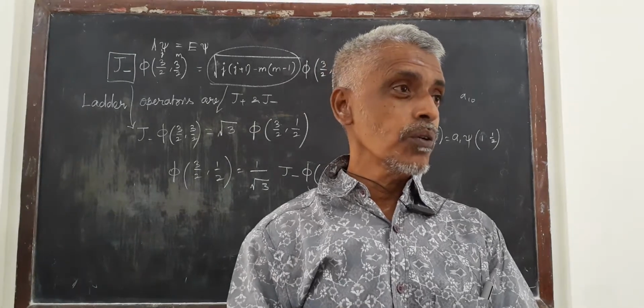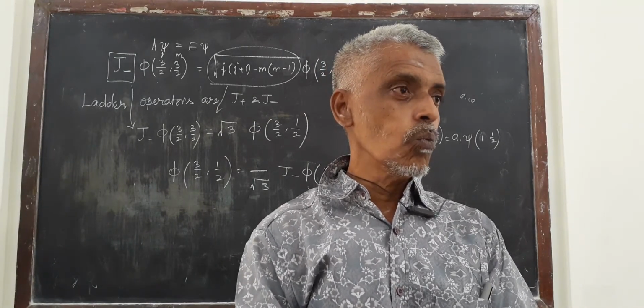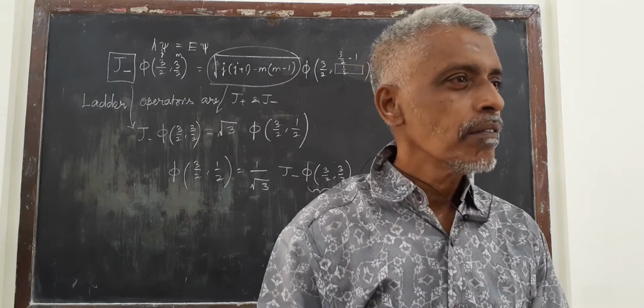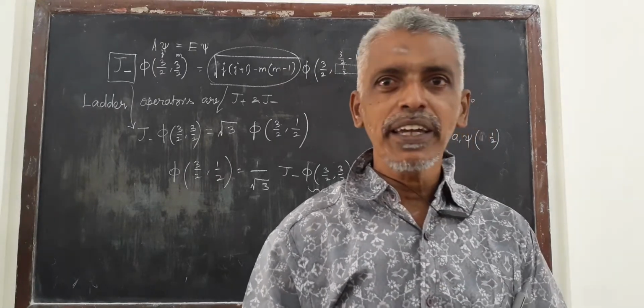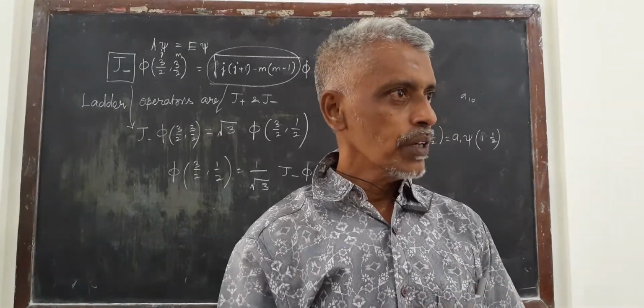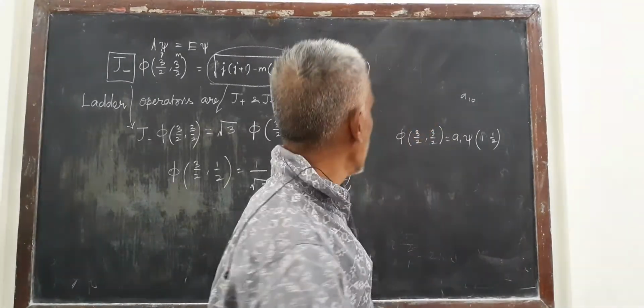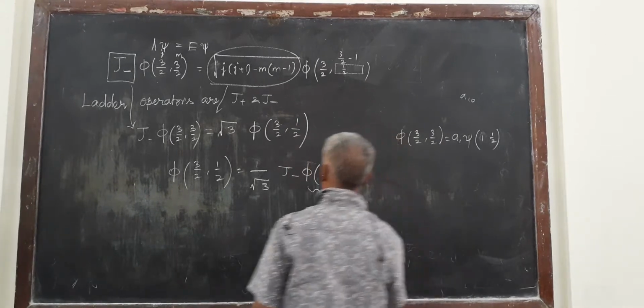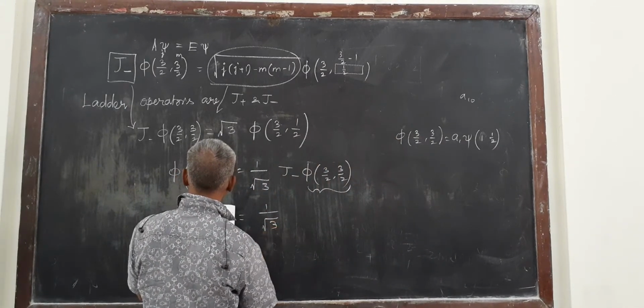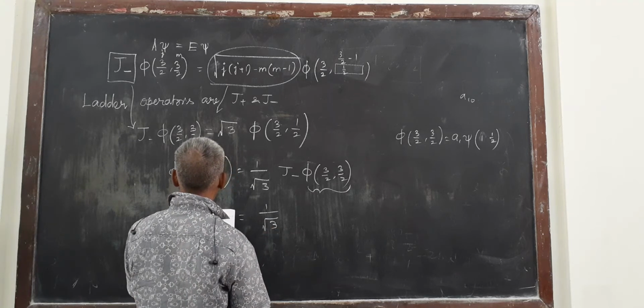You put now a1 is equal to 1 in the place. There is a big meaning how and why a1 is equal to 1. I will let you know. Now, by having that, you can have it as 1 over root 3,